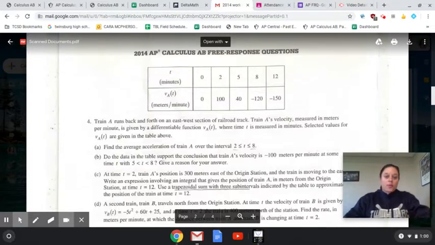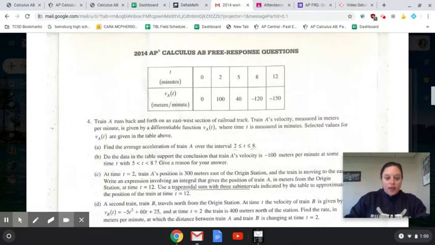This is going to go over question number 4 from 2014, which was also a variety of topics. There was a table-based question, so we've done some table-based questions, but this one asked a few different things, so I liked it compared to maybe some of the other ones that we did. So here we go. Question 4, part A, wanted the average acceleration of train A, and you're given a table